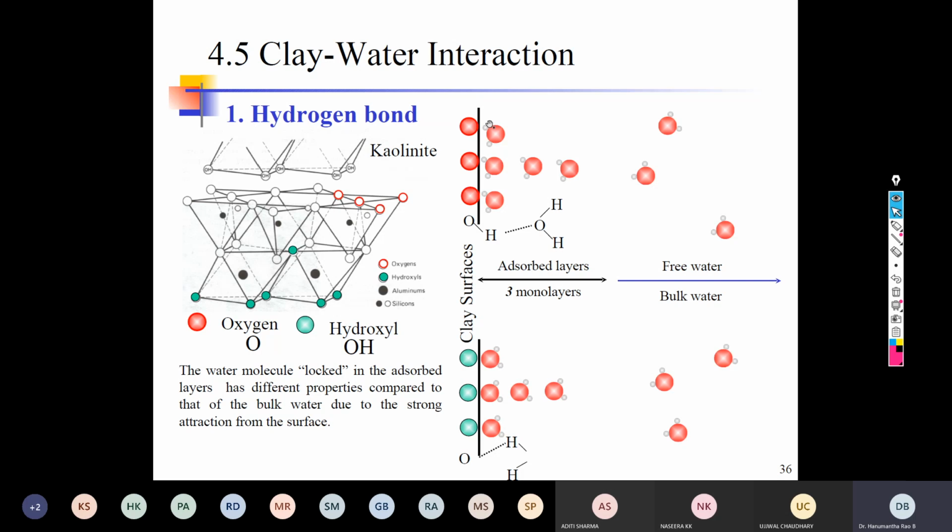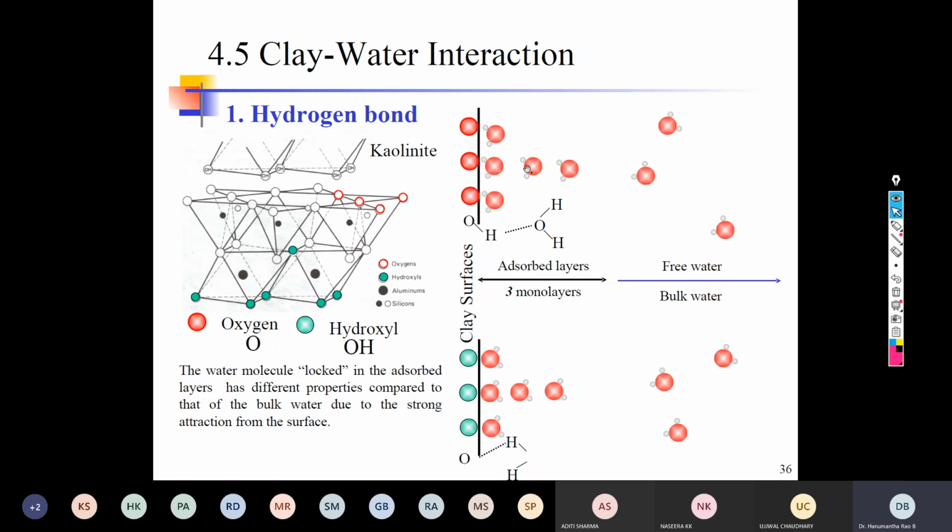Okay, so when it is attracting the molecules, now remember, when I say attraction, the attraction could be positive and negative. It is a combination. Never ever think that it is only positive or only negative. No, it is the combination of the positive and negative, and the attraction continues until such an extent where the charge on the surface gets neutralized.